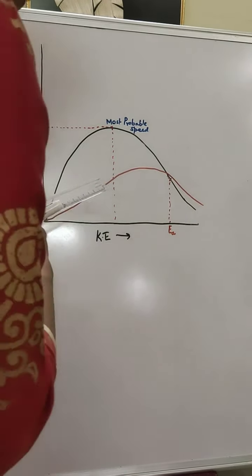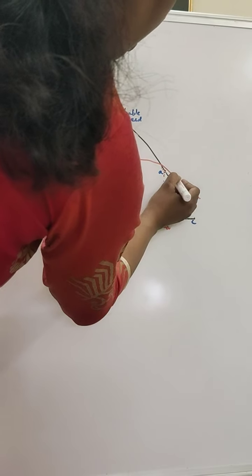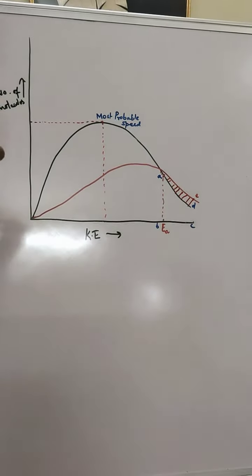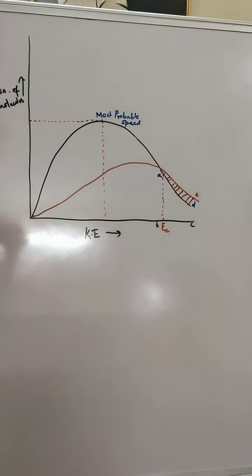But now once we have increased the temperature and the peak has shifted more towards the right side, we can see that more molecules would be getting converted into product, because now we have increased the area. See, it was A, B, C, D. It is now not restricted till D. It has now come to E. So this portion has also been included. So in a nutshell, we can see that on increase in temperature, more molecules are getting converted into the product. Understood?